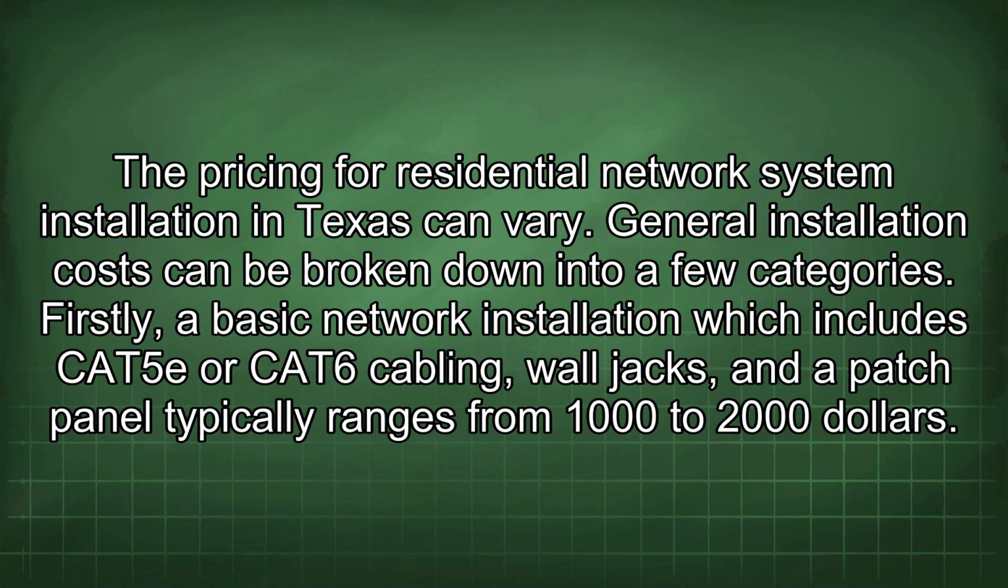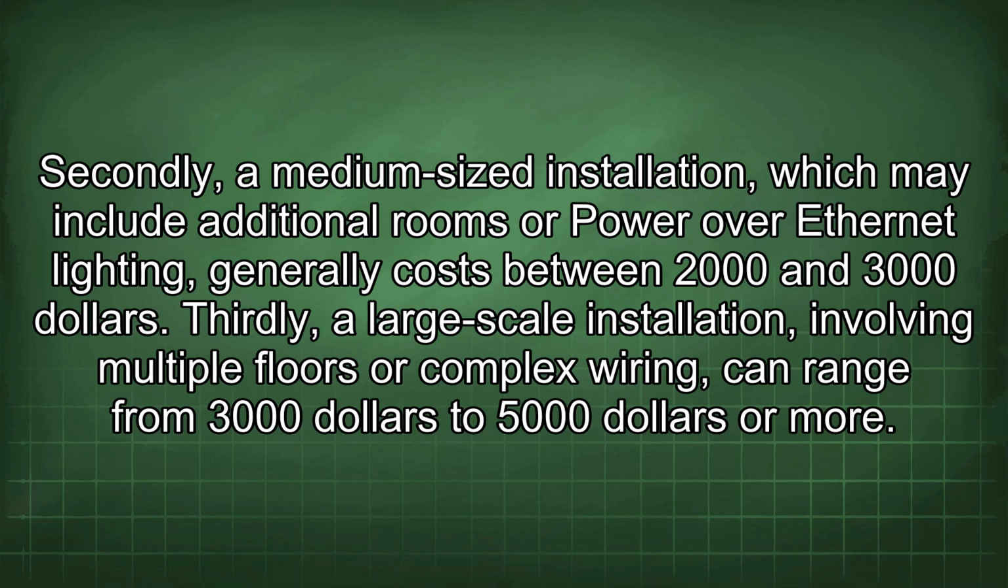The pricing for residential network system installation in Texas can vary. General installation costs can be broken down into a few categories. Firstly, a basic network installation, which includes CAT5E or CAT6 cabling, wall jacks, and a patch panel, typically ranges from $1,000 to $2,000. Secondly, a medium-sized installation, which may include additional rooms or power over Ethernet lighting, generally costs between